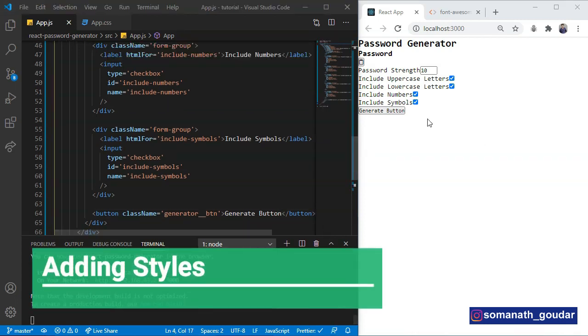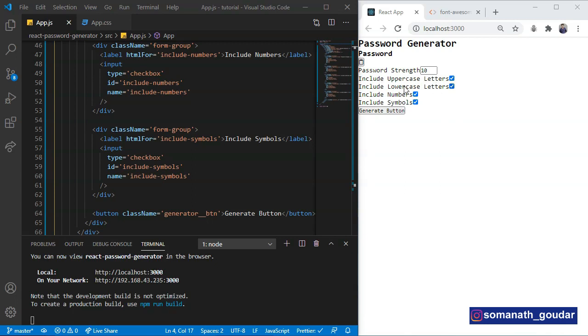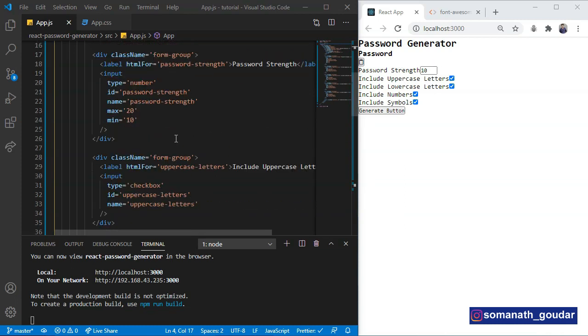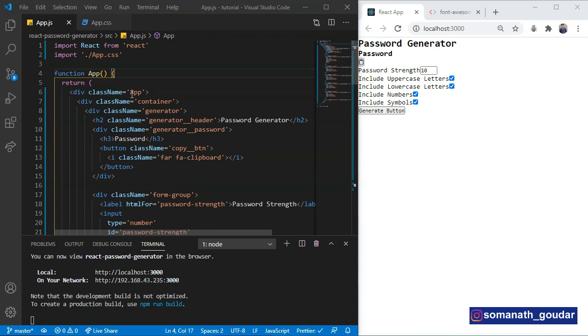Okay, now let's start by adding some styles to our application. As you can now observe that this is looking very ugly, so we are going to add some styles to it to make it look similar to our final version. Let's target this app.